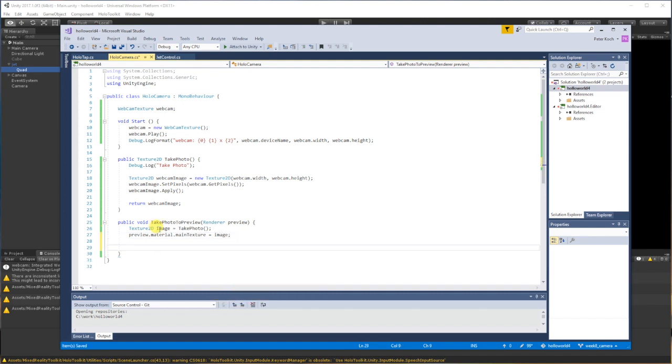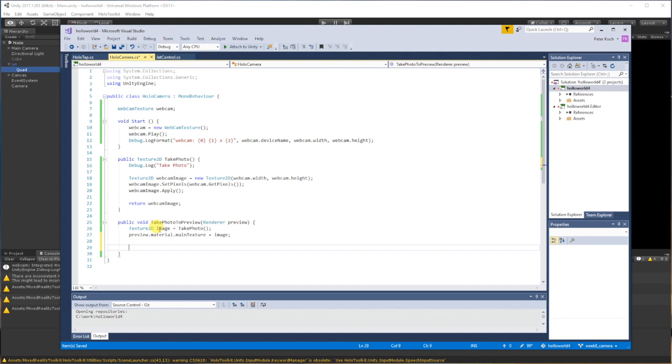Now, if our quad was actually set to the correct aspect ratio, it'll be all set right now. We wouldn't have to do anything else. But our quad's a square, and we have no idea what the webcam's going to be on the device. It's from documentation, it's like 16:9 format, but of course that could change over time. It could change depending on what resolution we get out of the webcam texture. So I'm just going to set the aspect ratio of our quad to match the image, and I'll do that